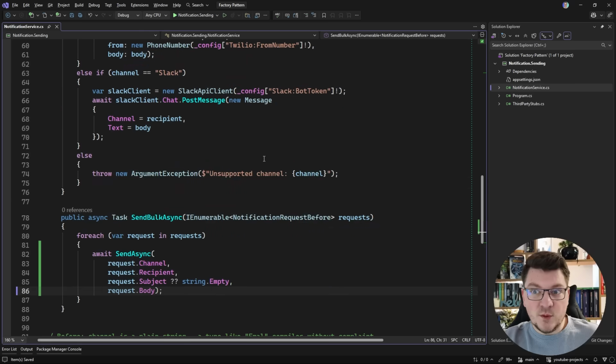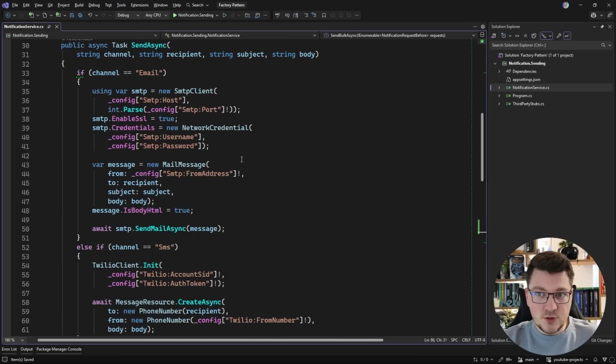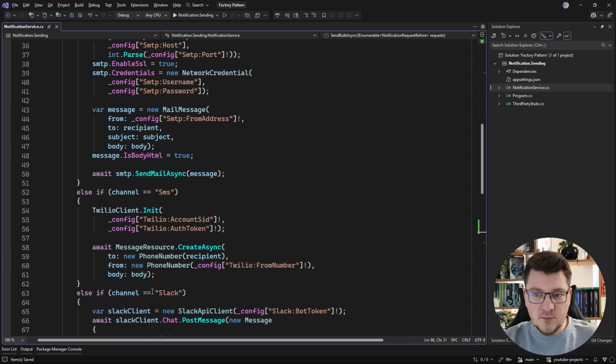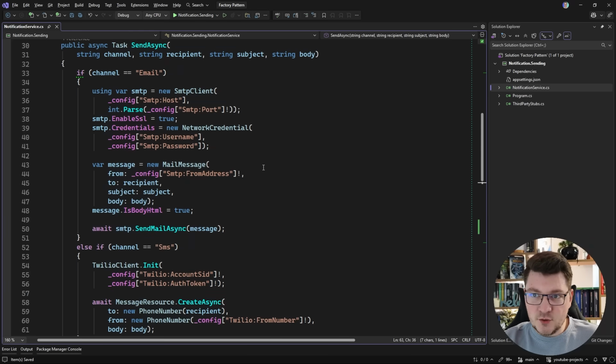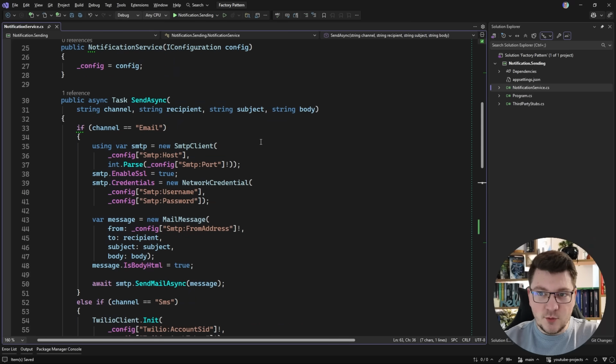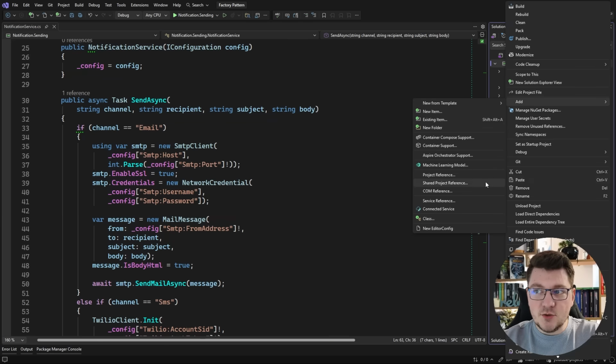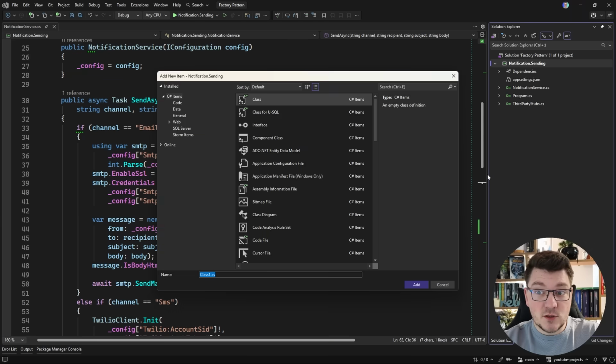And then the second improvement we could make, without yet introducing the factory pattern, is solving the problem of using a string channel. This is usually called primitive obsession, and it's problematic because it's kind of easy to introduce typos in here that are not so simple to catch if you don't have proper testing. So what we can do is use an enum for this, and it's a perfect solution for what I like